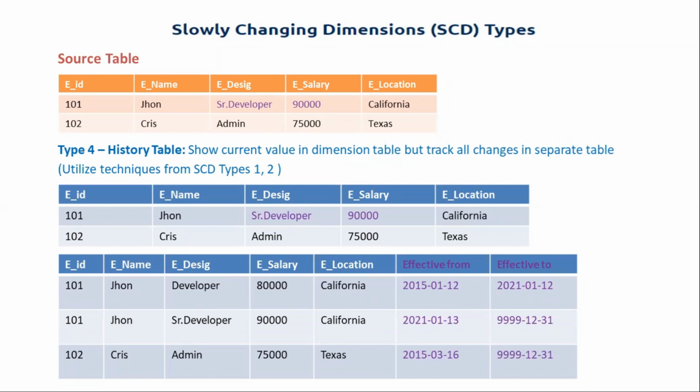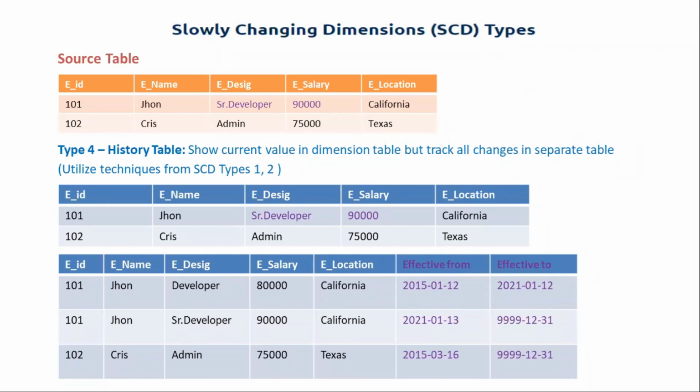So to tackle that, what will happen? We will maintain two tables. One is the present table, that means the type 1 scenario table, and the second one is the history table. If you see the third table on the screen, it is a history table. The history table will maintain only history, but generally we will use the second table on the screen for any further transformations. Okay, so the second table on the screen has only the latest record, and all the rest of the history will move